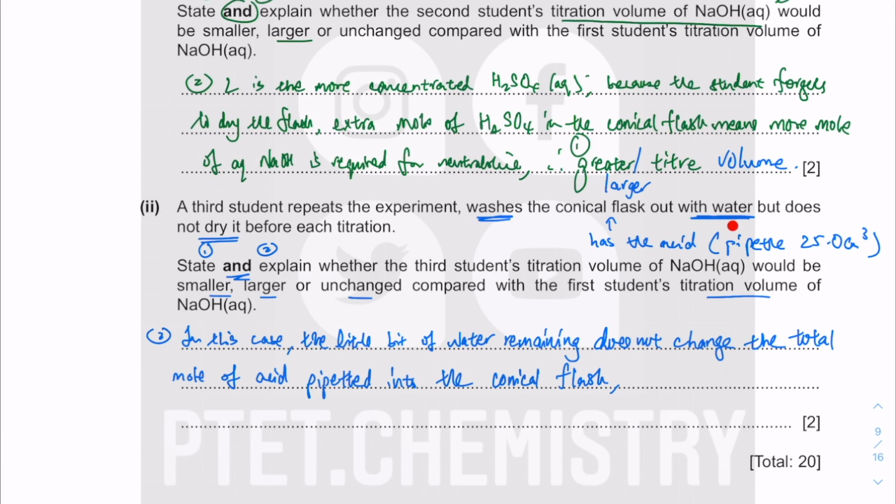the conical flask. Yes, it might affect the concentration once you put it into the conical flask, but you will drop everything in the pipette into the conical flask, meaning to say that all the mole of the acid from 25.0 cm cube, all the mole of that acid would go into the conical flask, and the mole will remain the same because you are just having a little bit of distilled water. All right, so it does not change the total mole of acid pipetted into the conical flask, and since that's the case, therefore